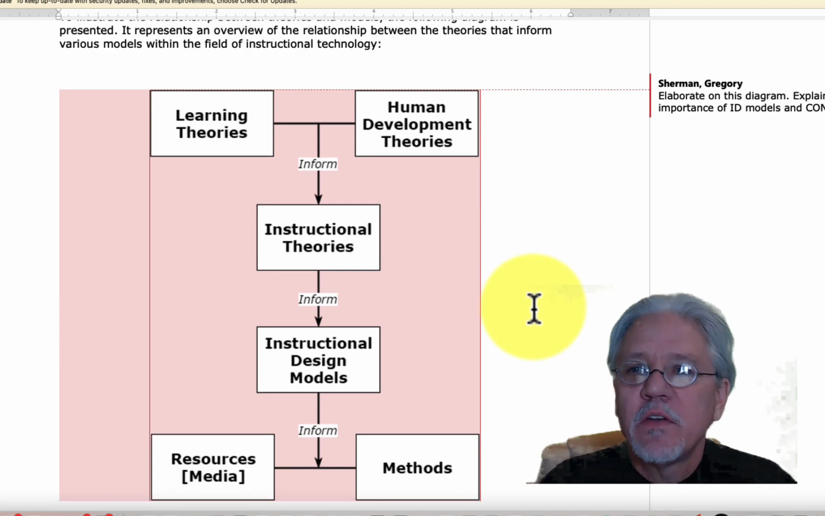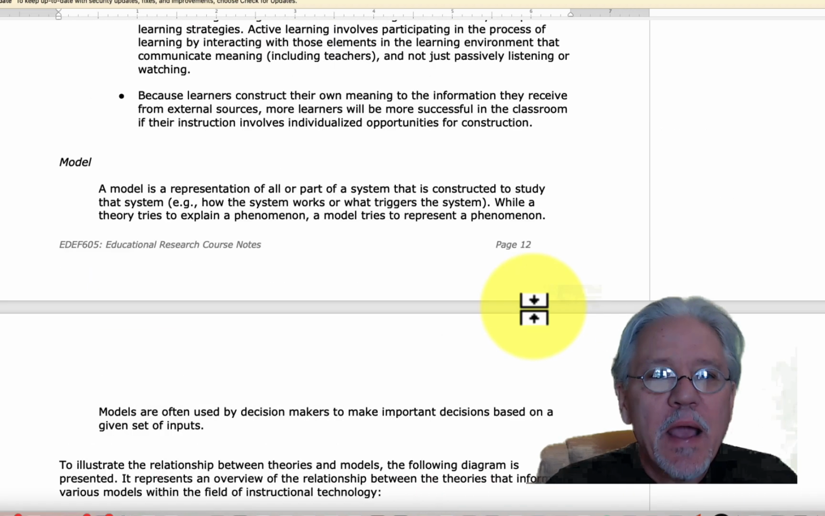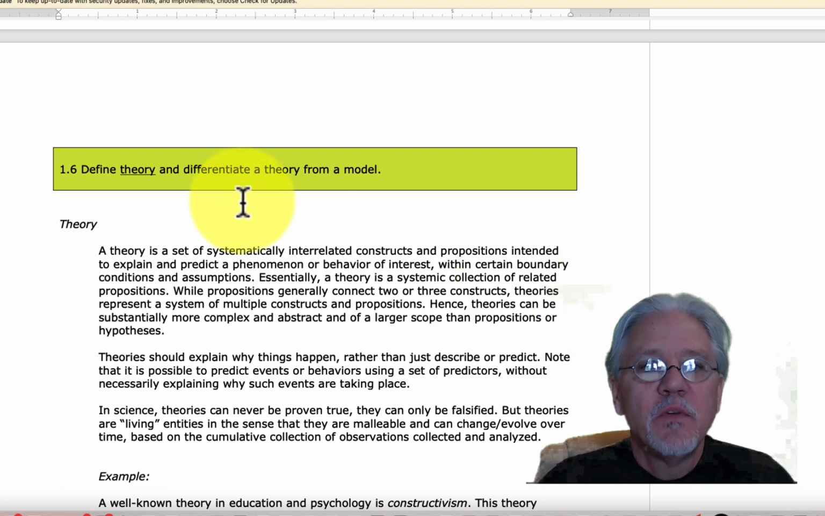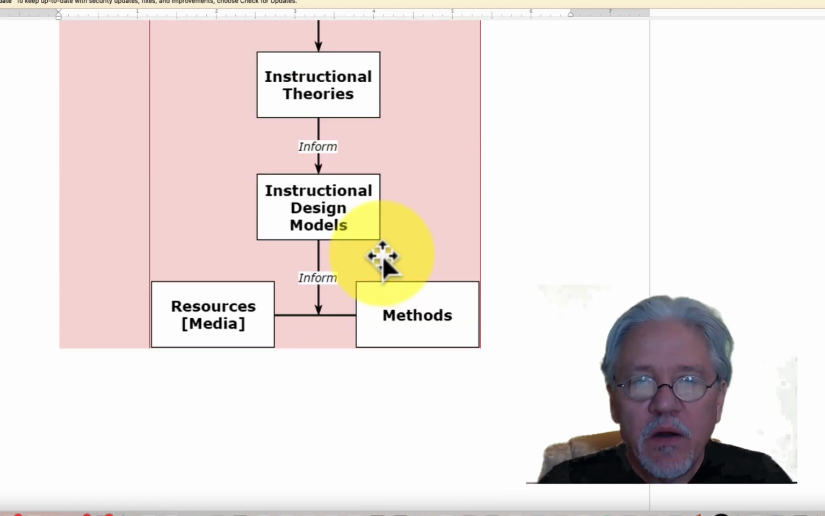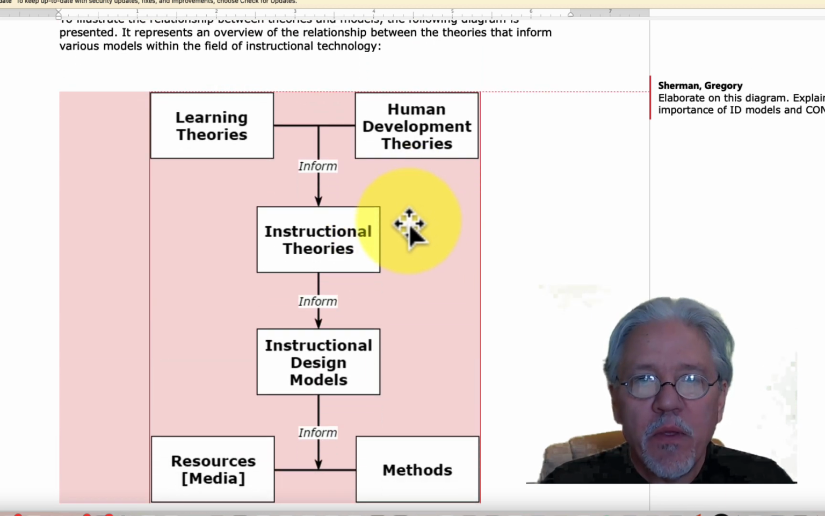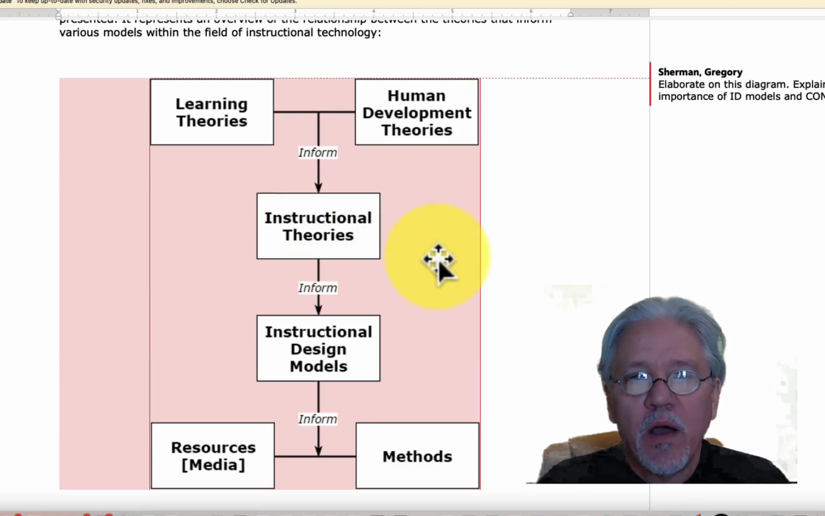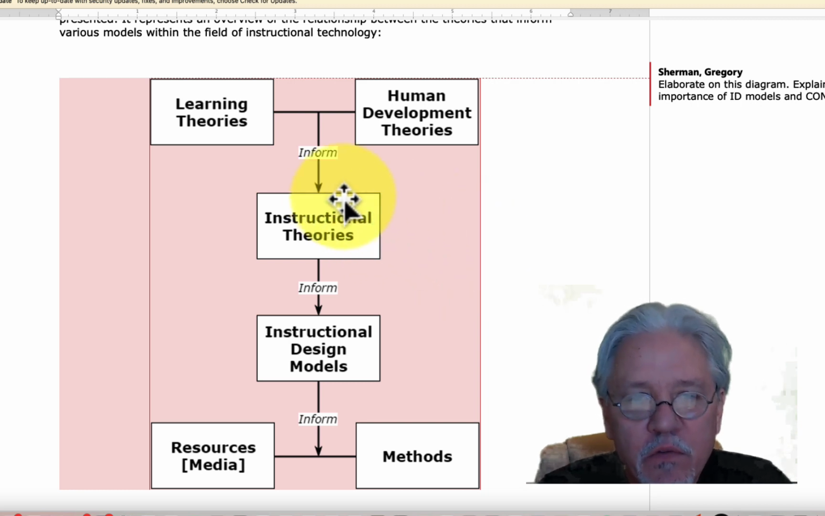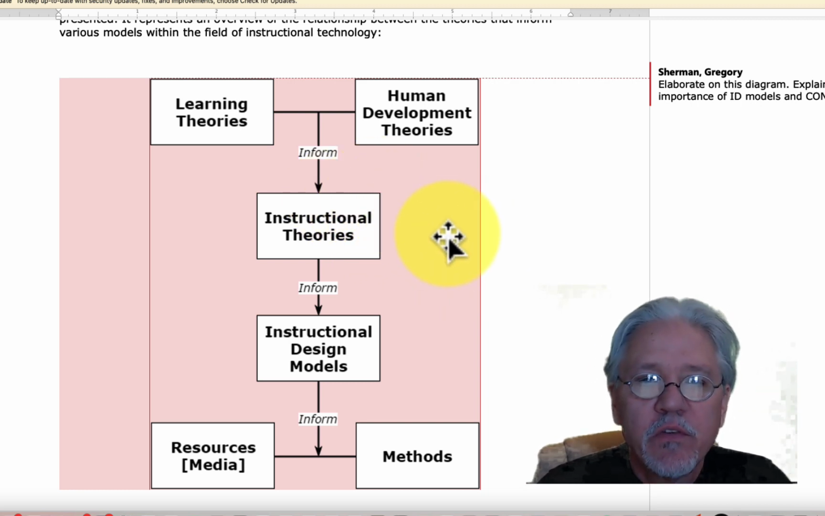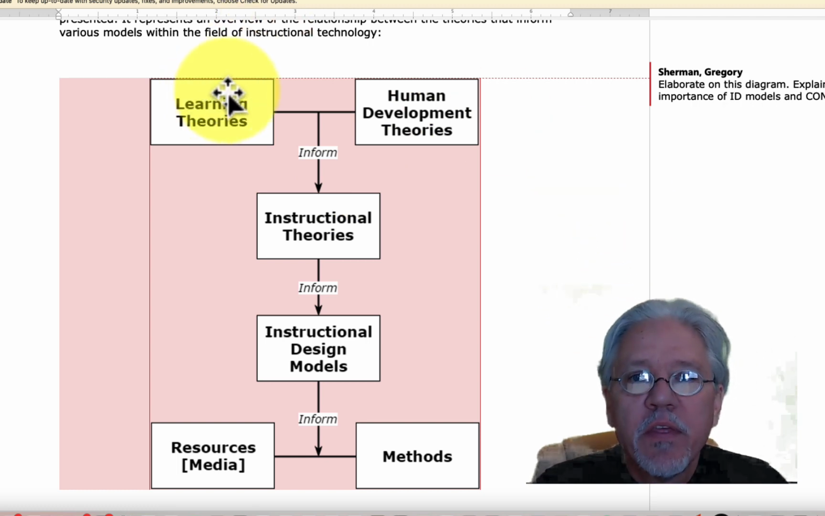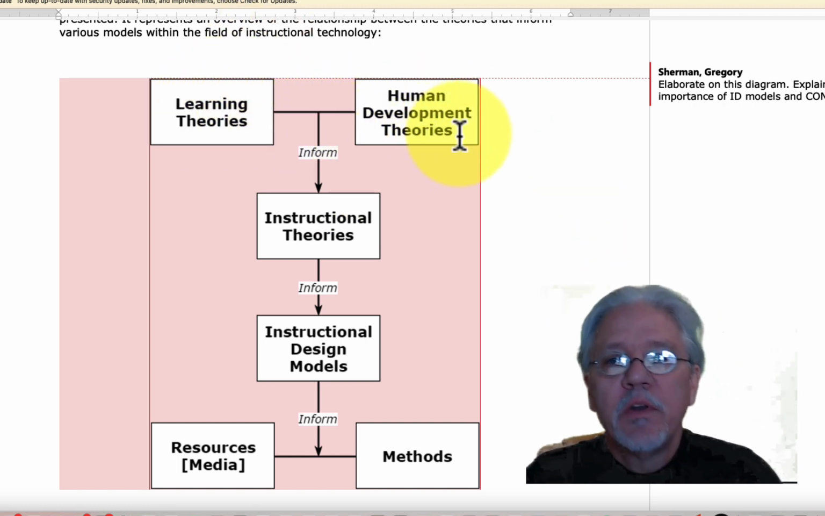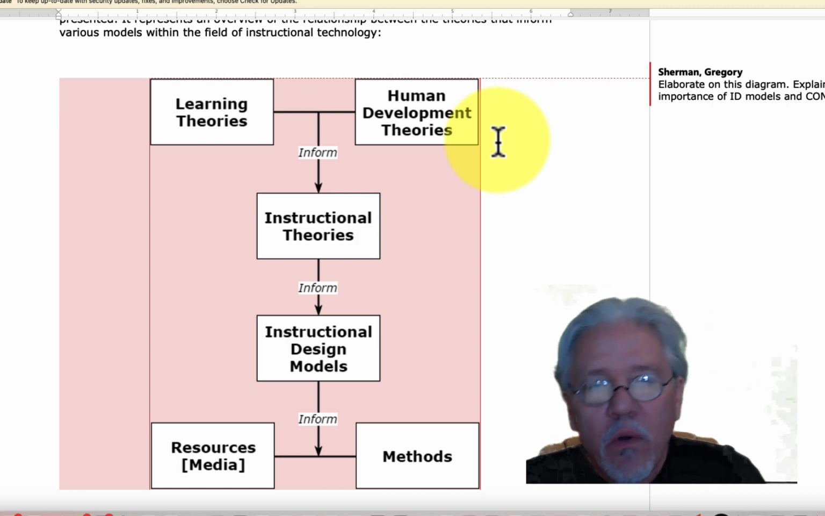I also wanted to talk about, let me go back to this objective, which is to define theory and differentiate a theory from a model. I wanted to talk about a diagram that I use to help differentiate between theories and models a little bit, because you'll notice that in this model that I present, I have learning theories and human development theories at the top, and those are two